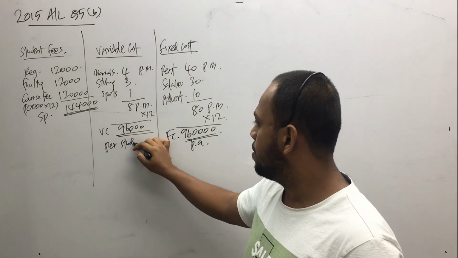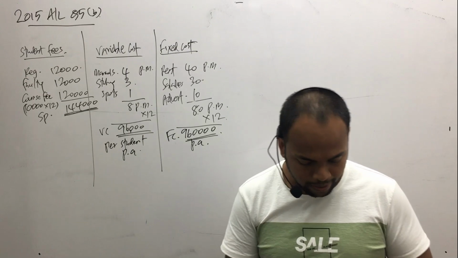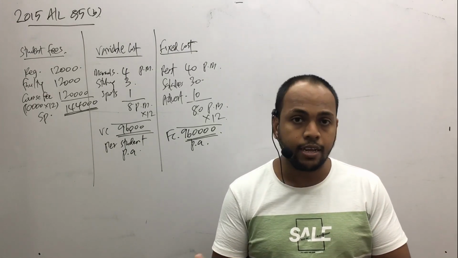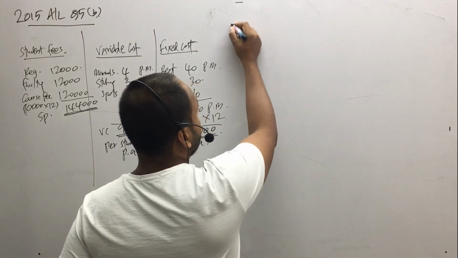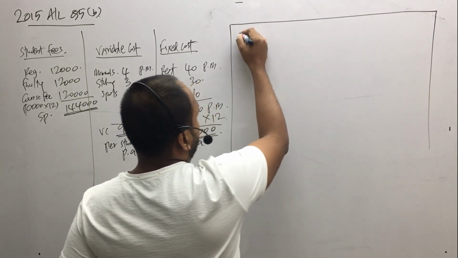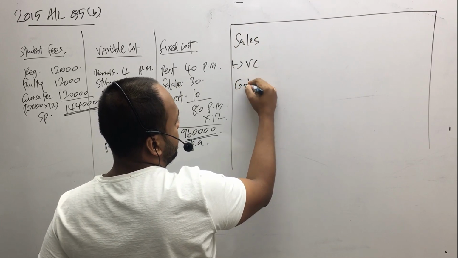This is the variable cost per student per annum. Right. So these are the information that we have. We'll take this information to our table. Sales minus variable cost is contribution,